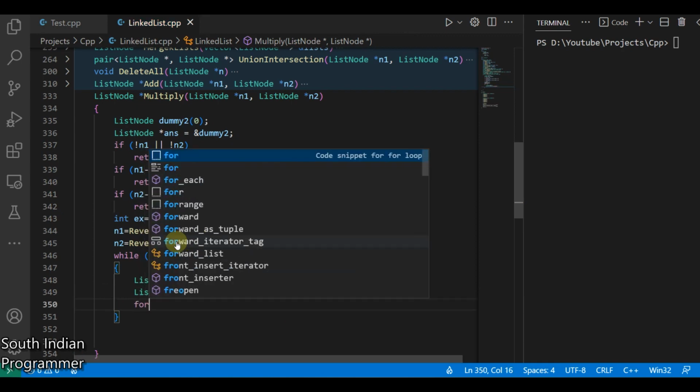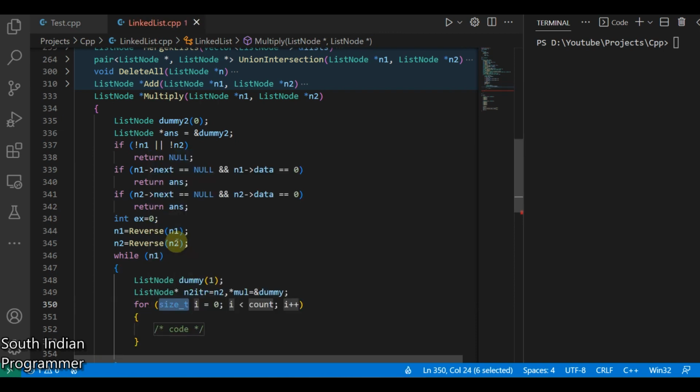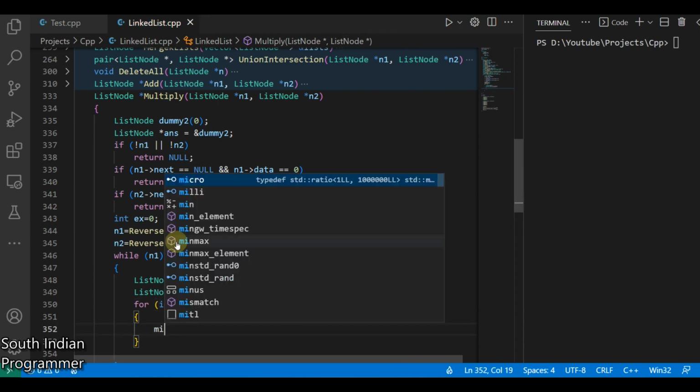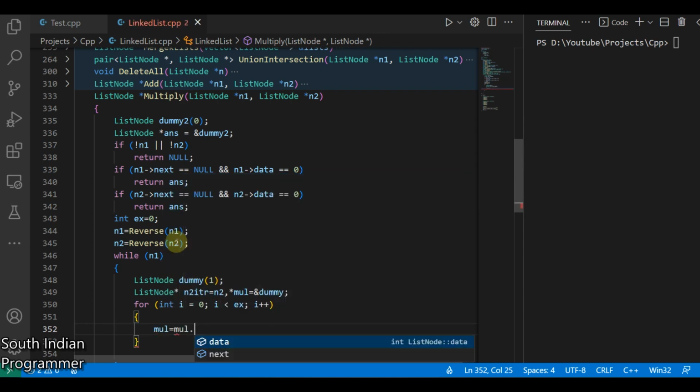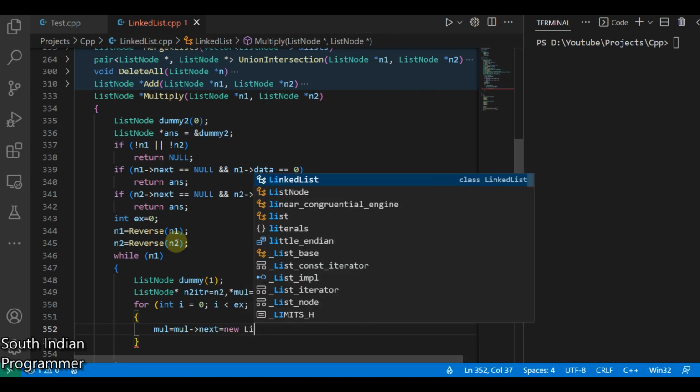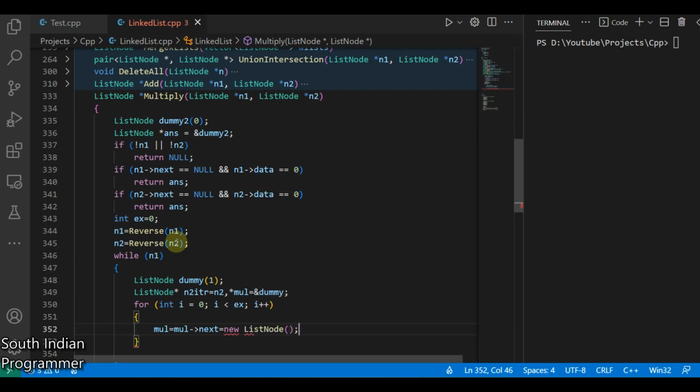Okay, now you have to add zeros. Initially nothing will be there, so you can create as many zeros as needed. Multiplication equals multiply dot next equals new list node of 0,